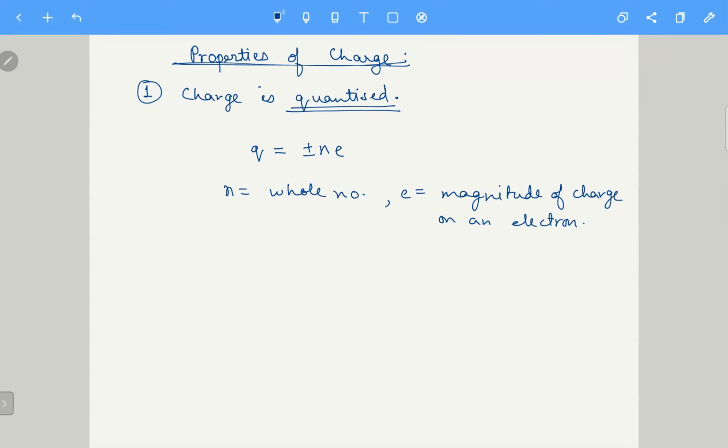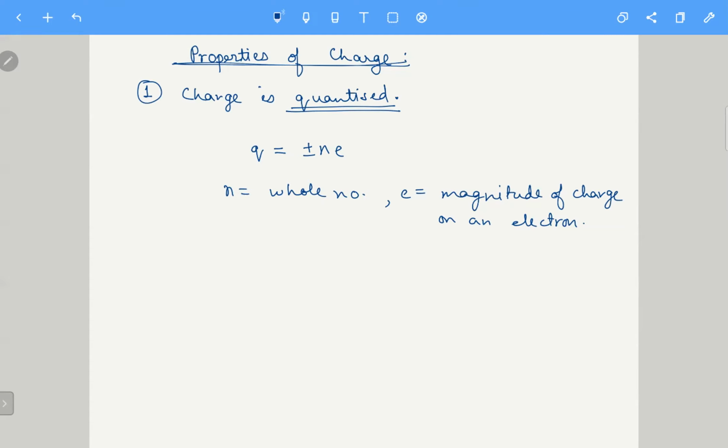Similarly, talking about chlorine, it gains an electron from sodium to form Cl minus. Its charge is minus 1. Actual charge is minus 1e. If we look at charge from the atomic point of view, atoms gain charge in terms of excess electrons or deficient electrons, and they will always gain electrons or lose electrons in some whole numbers. 2 electrons will be lost, 10 electrons will be lost.